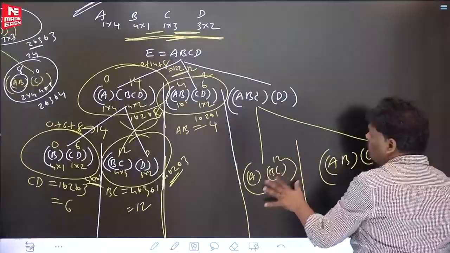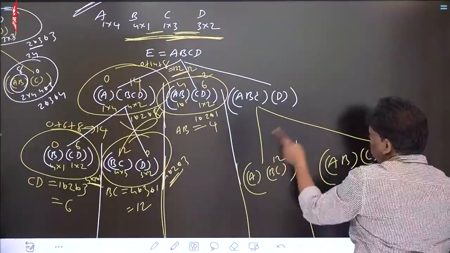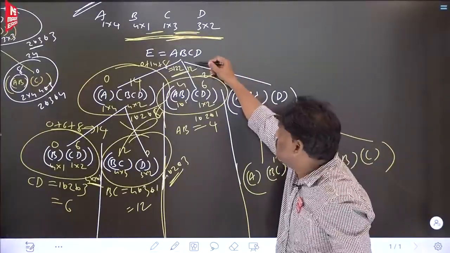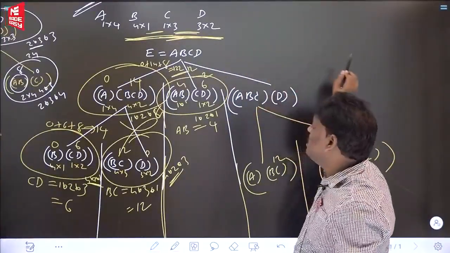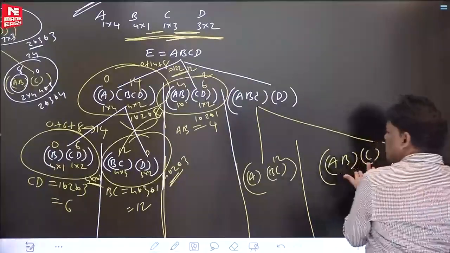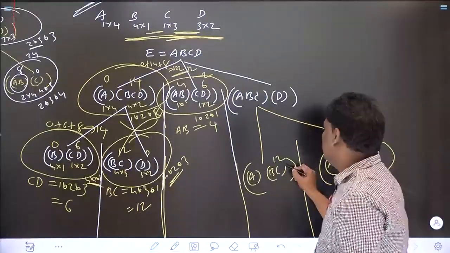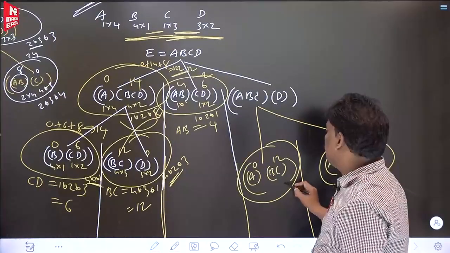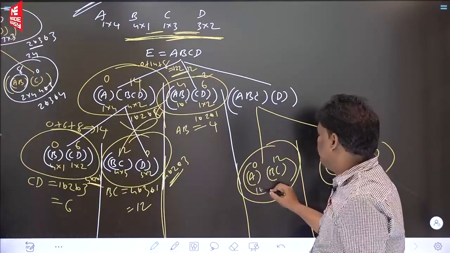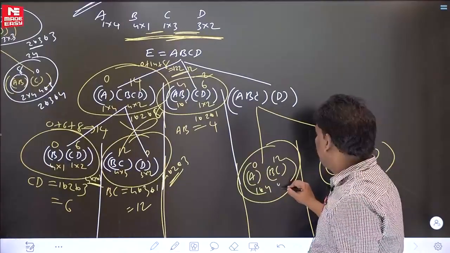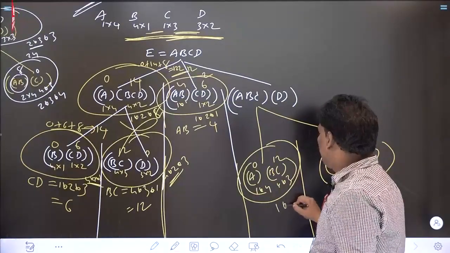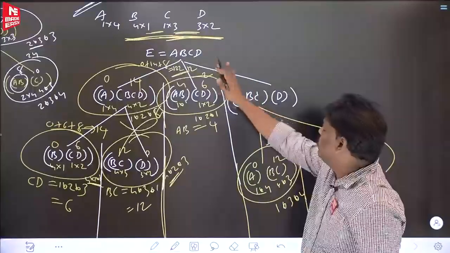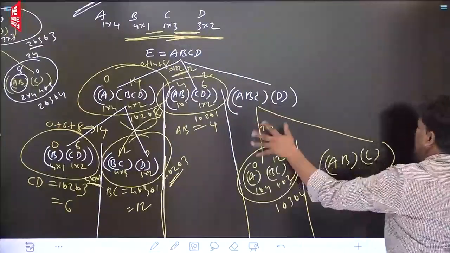But one thing is true. In these two we are checking which is better. Overall 12 is better. Definitely this option may not be the better idea. Who knows, it may give the best answer. That is the reason I am doing it. Let me check here. BC 12, A0. What is the A size? 1 by 4. What is the BC size? 4 by 3. What is the overall size? 1 by 3 into 4, 12. 12 and 12, 24 is coming. But that is only 12. Basically, this may not be the best option.